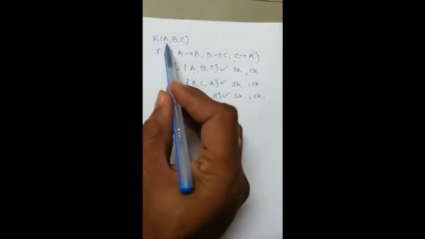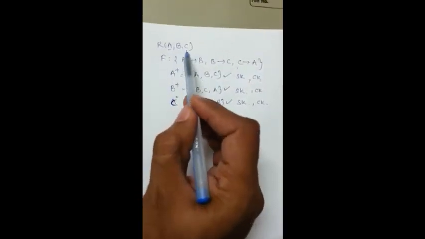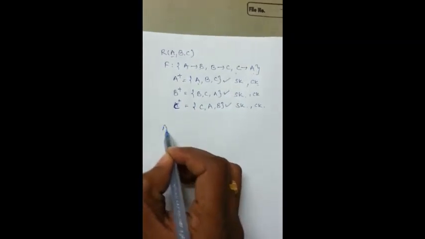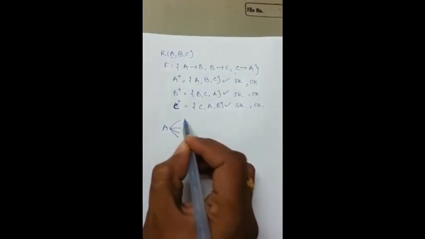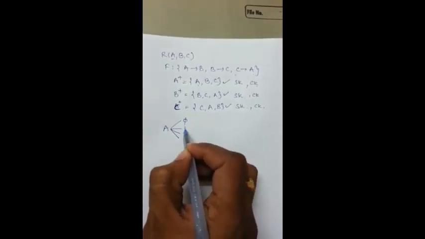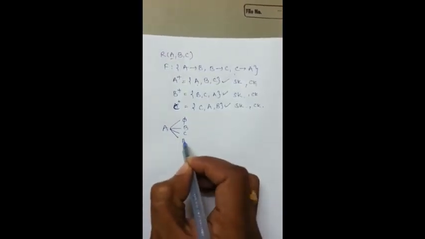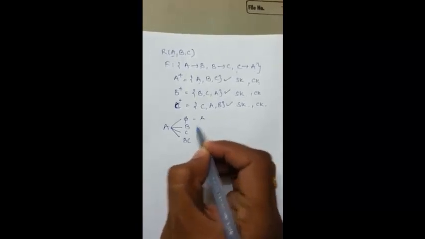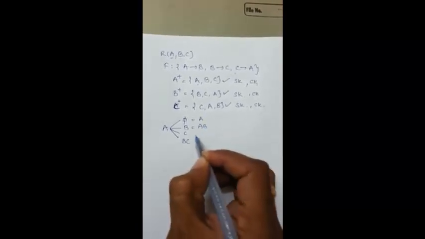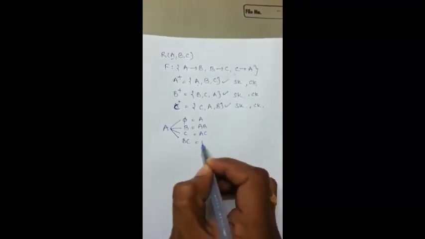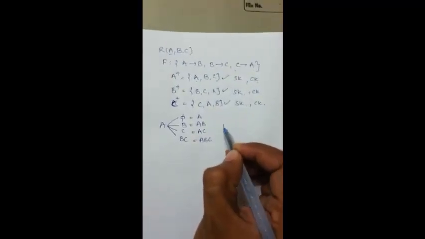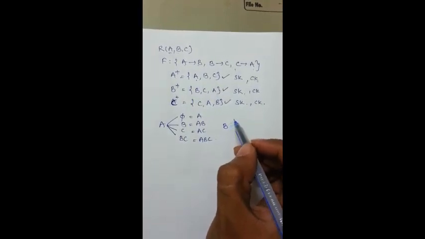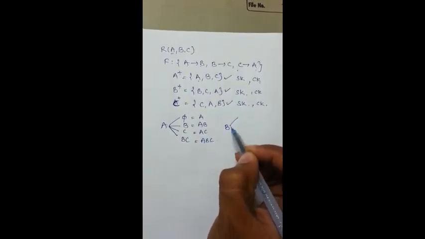Say when A is a candidate key, we call B and C non-key attributes. Say A is a candidate key. With BC, there are 4 possible ways. Like we discussed previously: phi, B, C and BC. A with phi, A with B AB, A with C AC, A with BC ABC. 4. If we consider B as a candidate key, when B is a candidate key, the non-key attributes are A